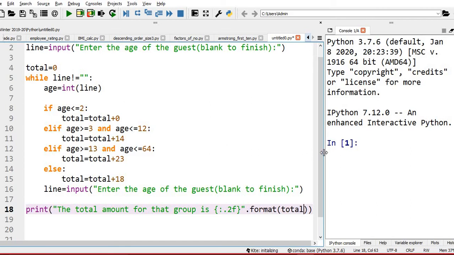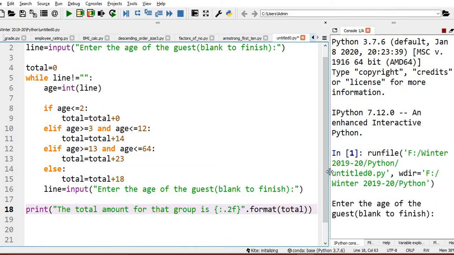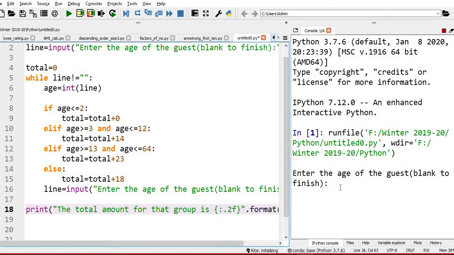Let me execute this and check. Enter the age of the guest. Say for example, I have one baby of age 1 year.